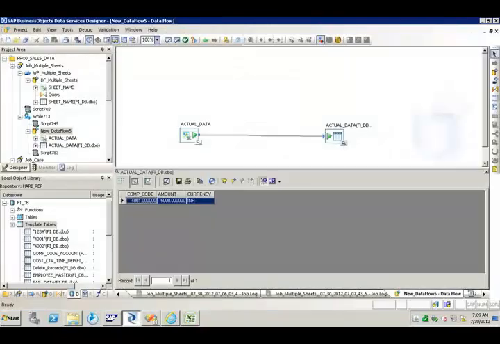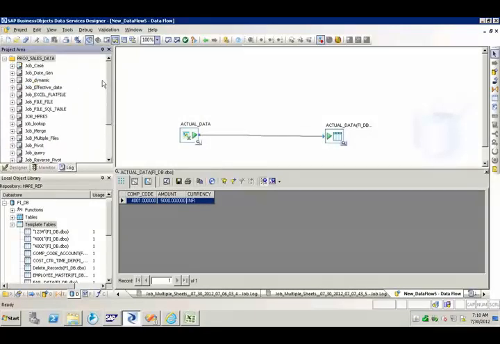But why only 1 record? Any idea? Any guess? Ravi, any guess? So initially it is 2, so sheet number 3 will be processed, then sheet number 2 will be processed.